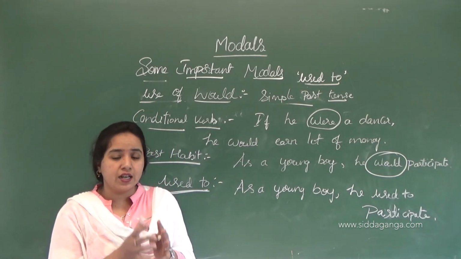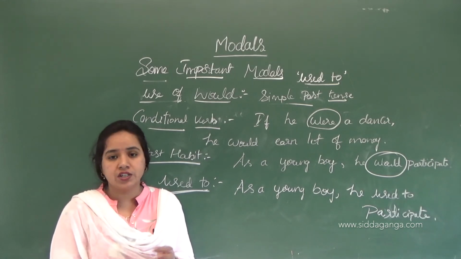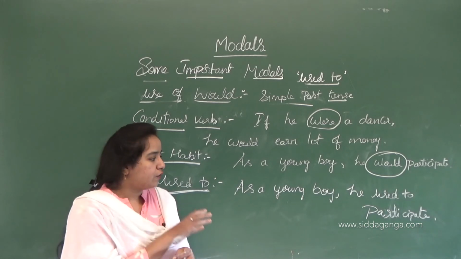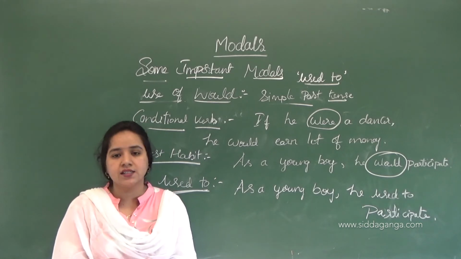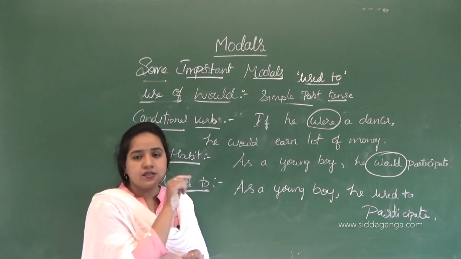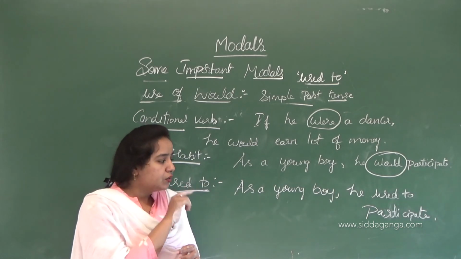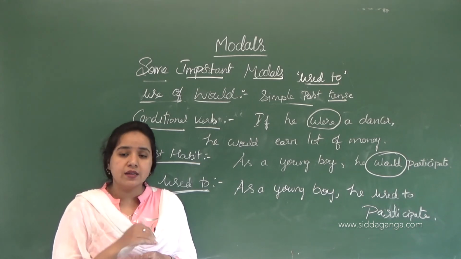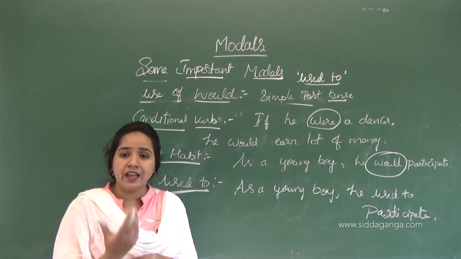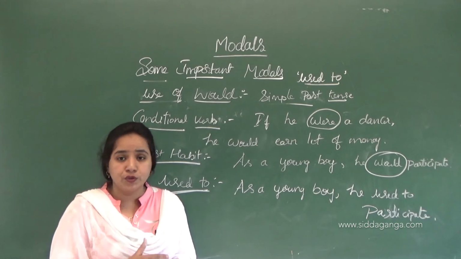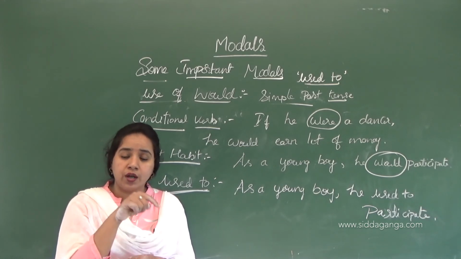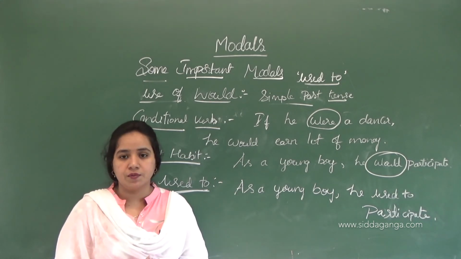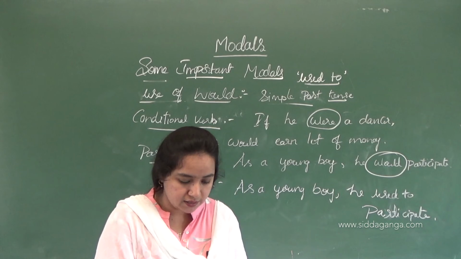If you use that in the present, the meaning will be totally changed. It is not expressing the past if you use it in the present tense. If the action takes place in the past, in that case you should use would, or you can use used to. It does not tell about the present tense. If you want to talk about the future, you can use can, then will. You can't use it for the present tense. In those cases we use modal auxiliary verbs. I hope that you all are understanding this part.